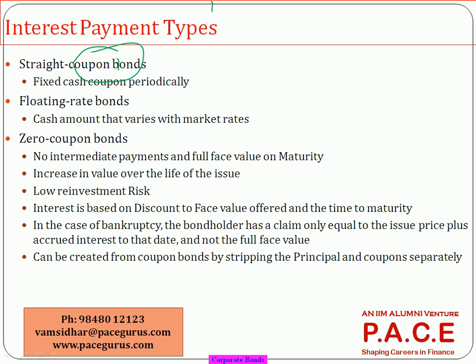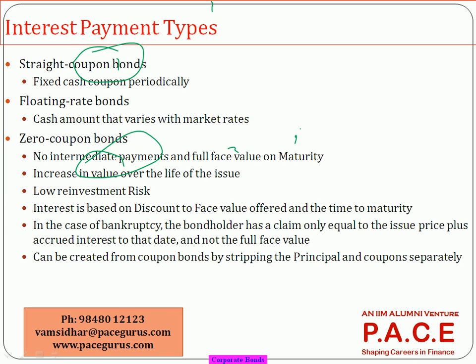It has nothing to do with the market interest rate. It's a characteristic of a bond. It's not a characteristic of the market. The bond may pay more interest than the market rate, or less interest than the market rate, or it may not pay anything, which becomes a zero coupon bond, right? So in case of zero coupon bonds, we are talking of no intermediate payments, right? This is the funda we have used for arriving at our spot rates also. Zero coupon bonds are not delivering anything in the middle, and everything on the face value at maturity.